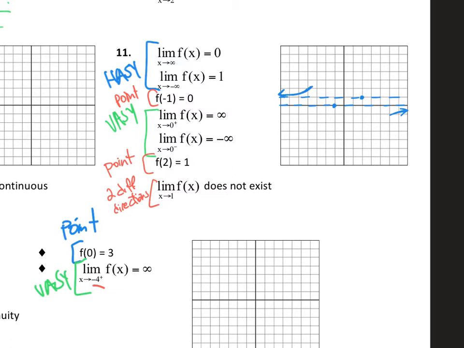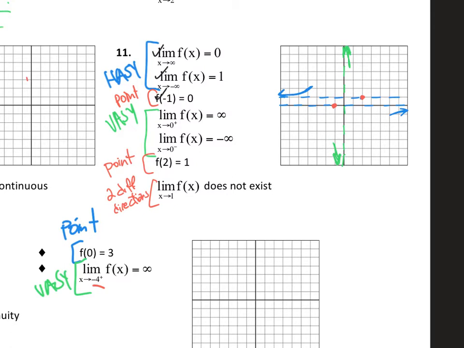All right, so I have a point. What else do I need? I need a VA. So let's get that in there. Do this in the same color. Okay, so the VA is at 0. And we're told what's happening approaching from the left and the right. When we approach from the right, we're going to positive infinity. So I'm going to draw that little arrow in there. And when we're coming from the left, we're going to negative infinity. Okay, so I have now taken care of